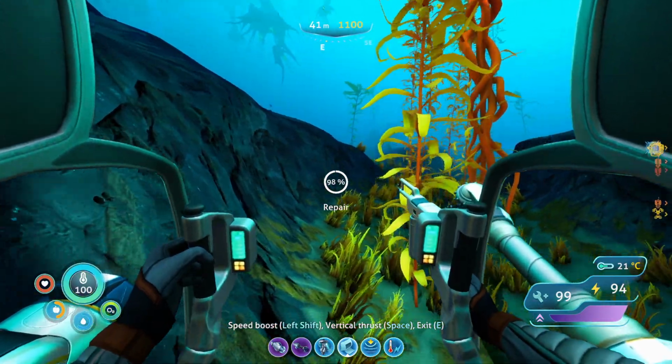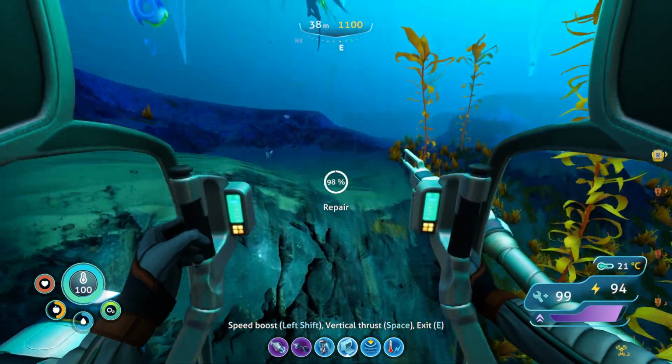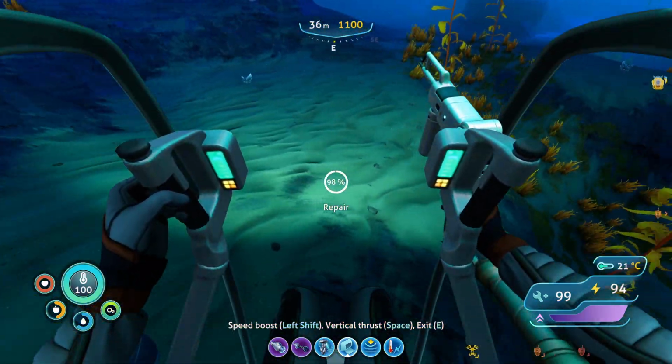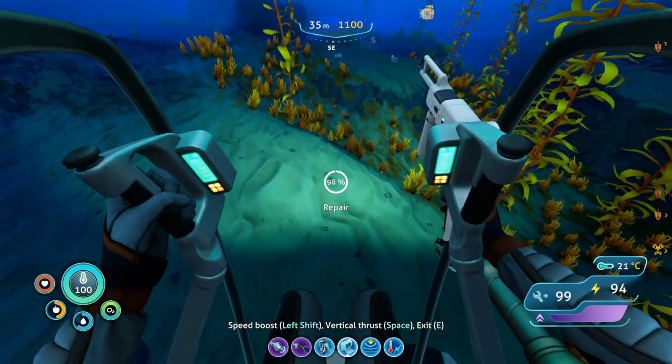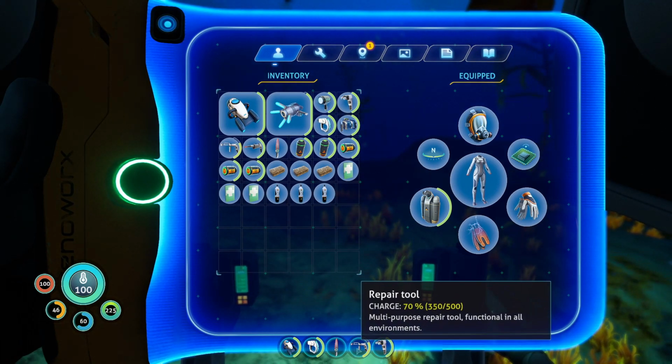And yeah, basically once we reach exactly 8,192 meters, we are teleported to the surface, and I guess this is the place where we go. I think this is probably like the center of the world or something. I'm not sure exactly why it's this point. Let's see how much battery my repair tool is at. It is at 70%. It only used 30% of its battery while we were falling